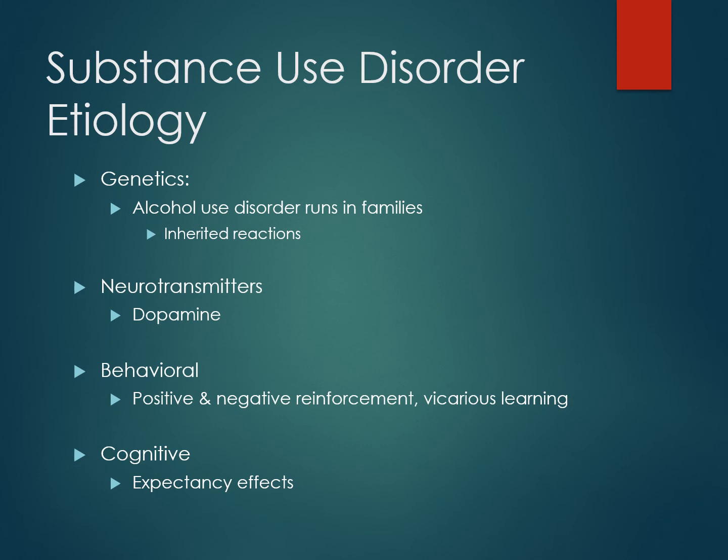With regard to genetics, alcohol use disorder specifically tends to run in families. There appear to be a few important physiological reactions to alcohol that are inherited. The first is related to the metabolism of alcohol. Some people inherit a faster metabolism of alcohol, making it so that they feel less drunk compared to people drinking the same amount. This may allow them to increase their levels of drinking to amounts that may be more likely to become problematic.